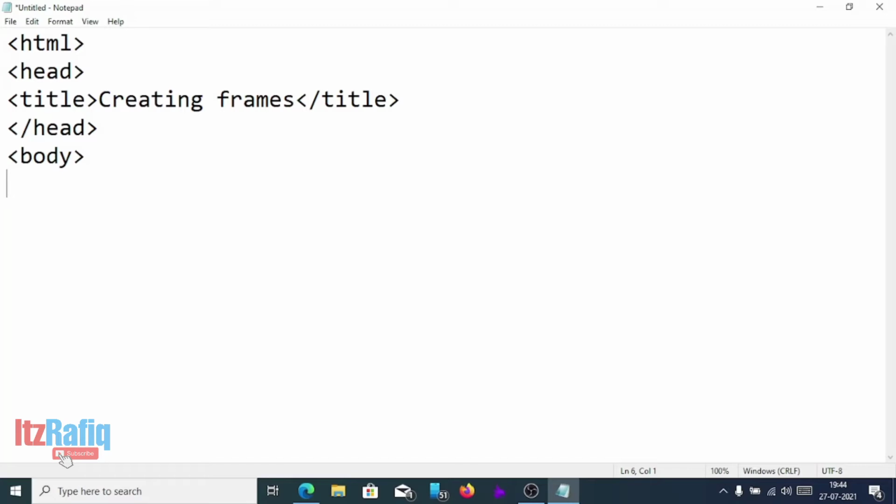So for that first I will write one heading to the page. For that we can write h1, difference between rem and rom.